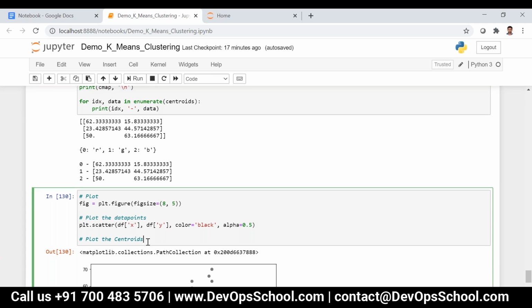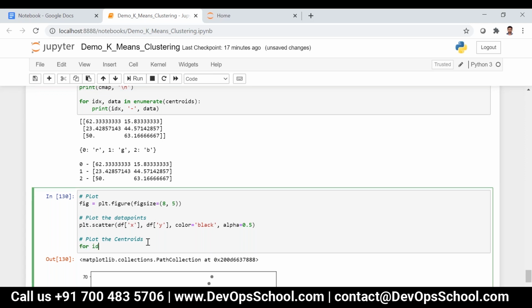So now what we can do, I can write simply for index comma data in enumerate of centroids. Why do we need an index? Because we have the color map. That is, if it is 0, it should be red. If it is 1, it should be green. If it is 2, it should be blue. We have to assign the colors, right?